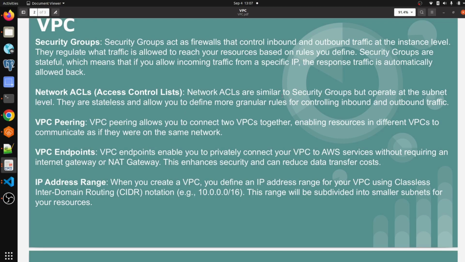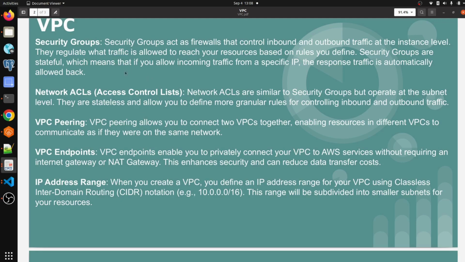Stateless means whenever we are whitelisting any IP in our subnet, we have to open the port for inbound and outbound as well.